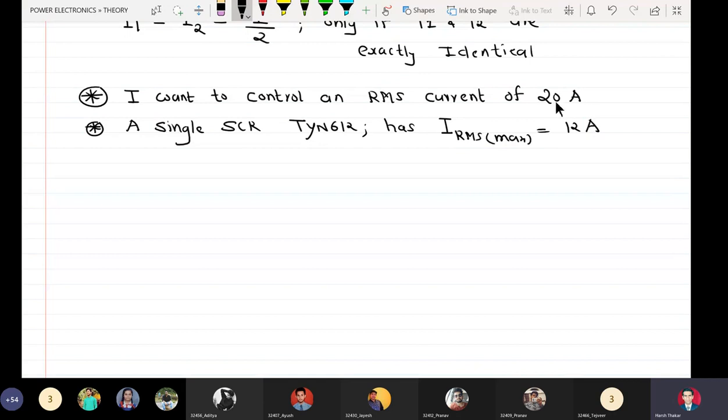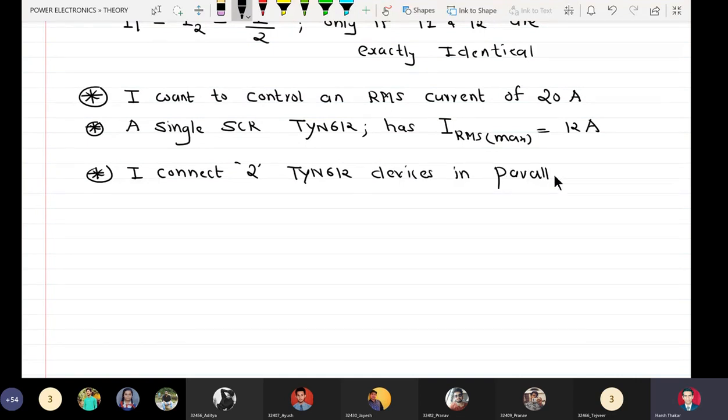So this 20 amperes current, if it flows through a single SCR, will damage the SCR. So what we do is connect two T1 612 devices in parallel,